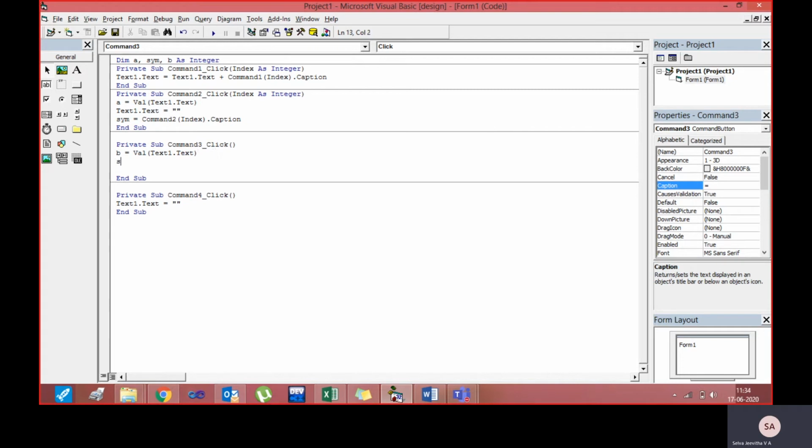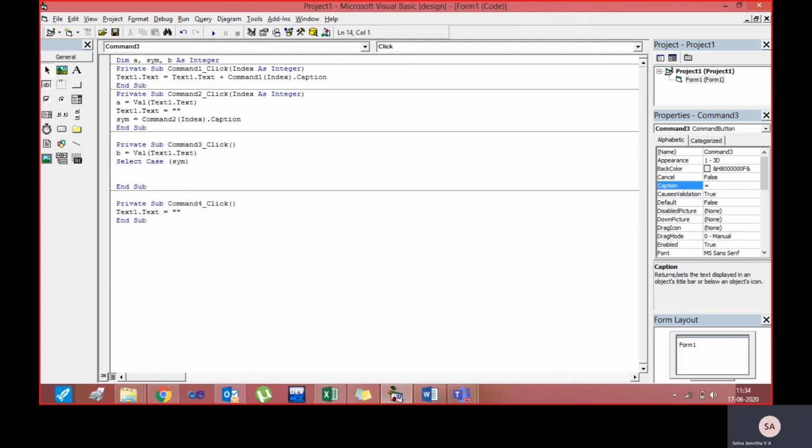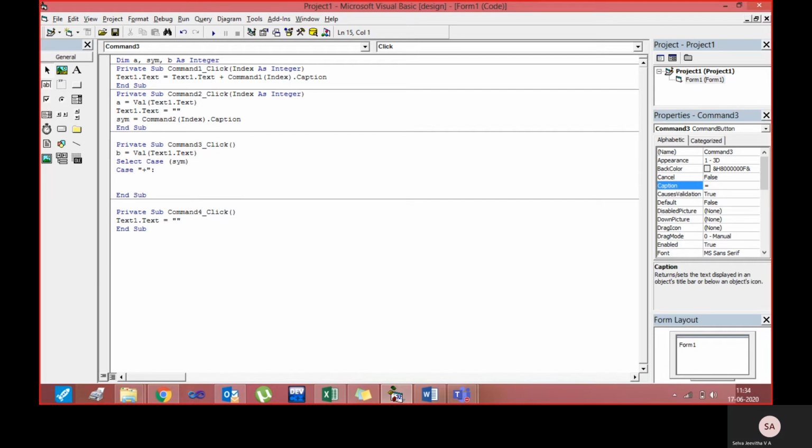So how we can make it? We can make it with the help of select case. So I am giving select case, pass the symbol in select case. So if the case is plus, you have to perform. Right, if the symbol observed is plus, then you have to